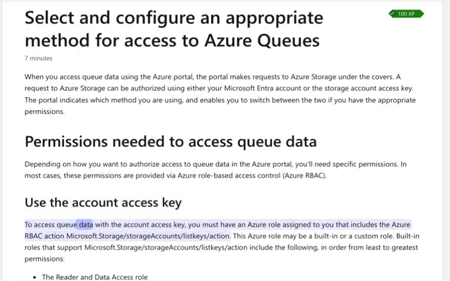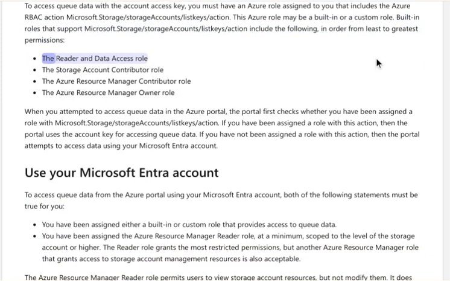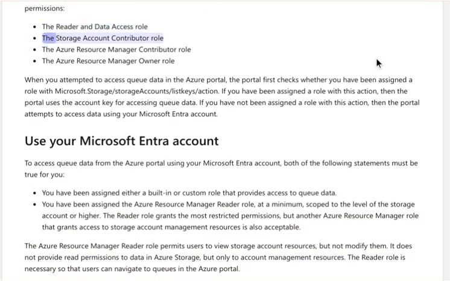To access queue data with the account access key, you must have an Azure role assigned to you that includes the Azure RBAC action Microsoft.Storage/storageAccounts/listKeys/action. This Azure role may be a built-in or a custom role. Built-in roles that support Microsoft.Storage/storageAccounts/listKeys/action include the following, in order from least to greatest permissions: the Reader and Data Access role, the Storage Account Contributor role, the Azure Resource Manager Contributor role,